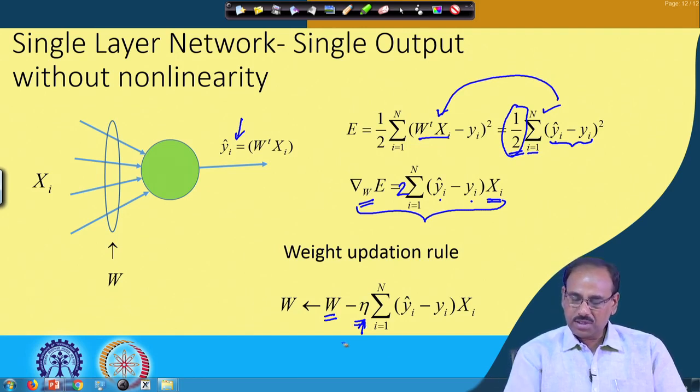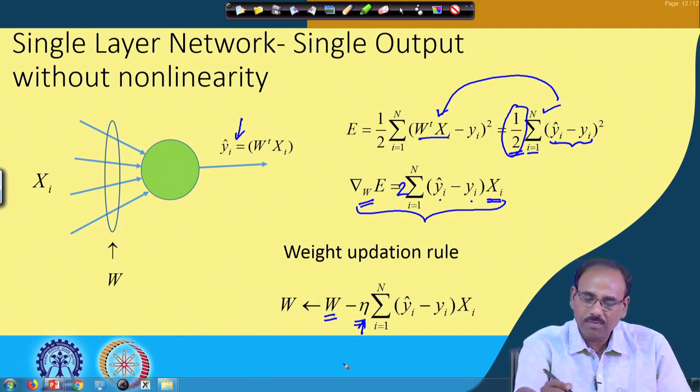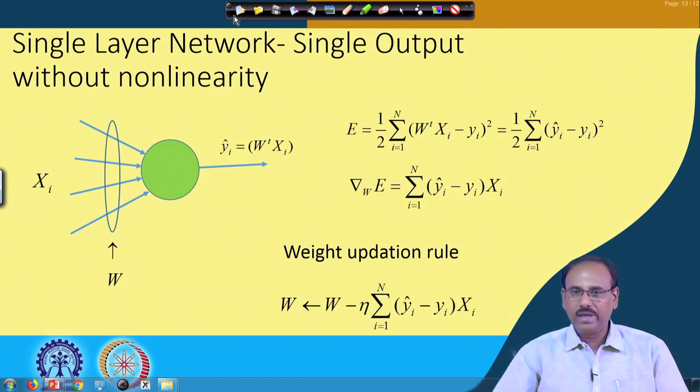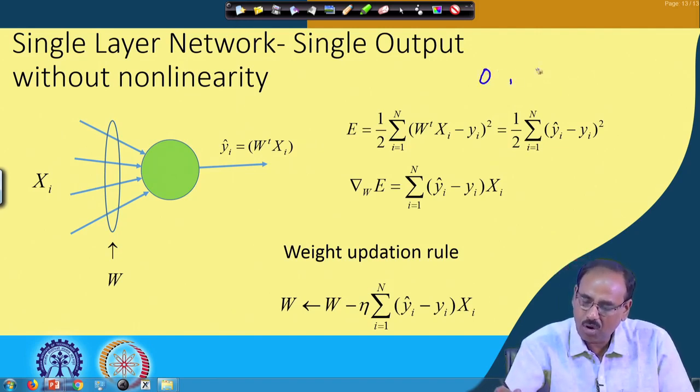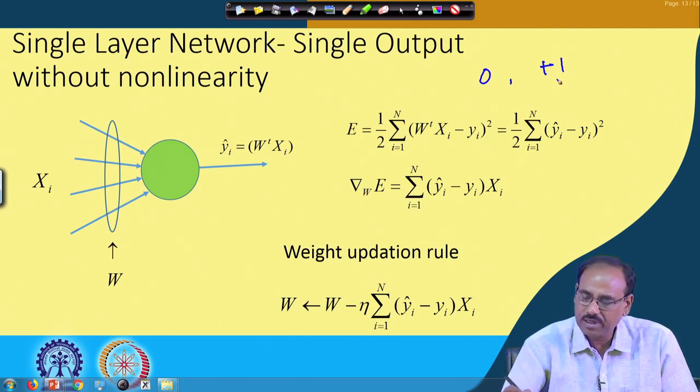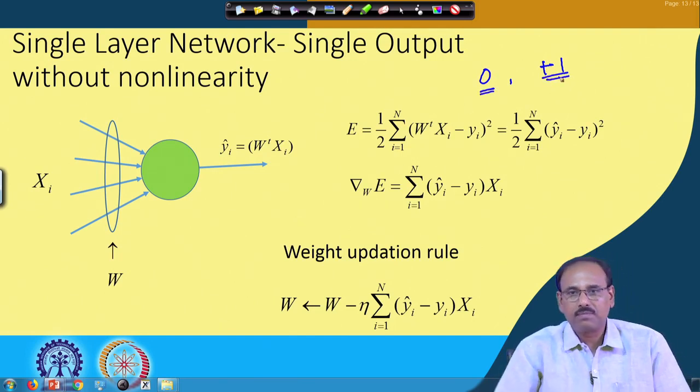Now, if you look at this weight updation rule, you find that we get something more. I said my output y should be either 0 or plus 1. So, if it is 0, it belongs to one class. If it is plus 1, it belongs to another class. And if you remember the linear discriminators that we talked about earlier, that is a linear plane which